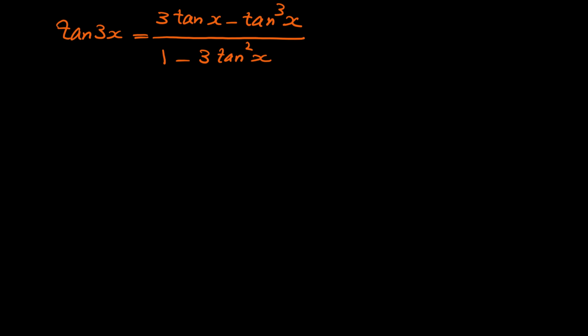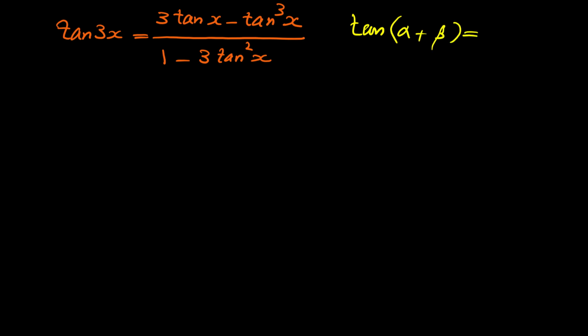In this video, I want to show you how we can derive the triple angle formula or triple angle identity for tangent. Tangent of 3x is equal to 3 tangent x minus tangent to the 3x all over 1 minus 3 tangent to the 2x. For deriving this formula, let me remind you the sum of the angles identity for tangent